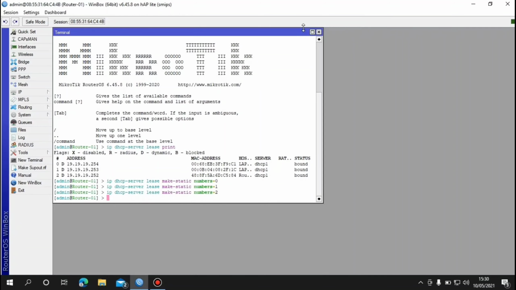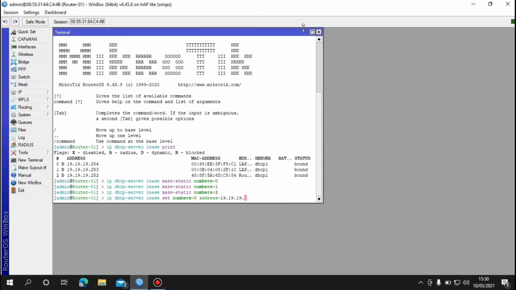And then we change the IP address with the command IP DHCP server list set numbers, first number 0, and the address is 19.19.19.